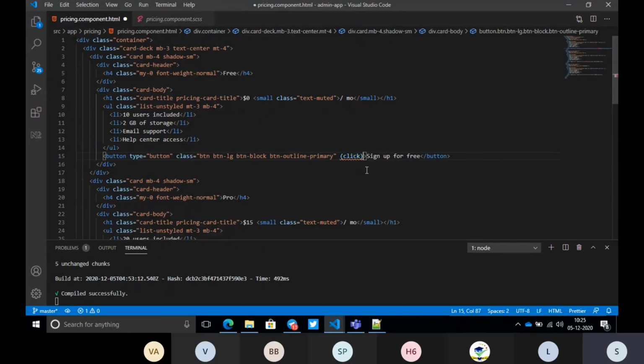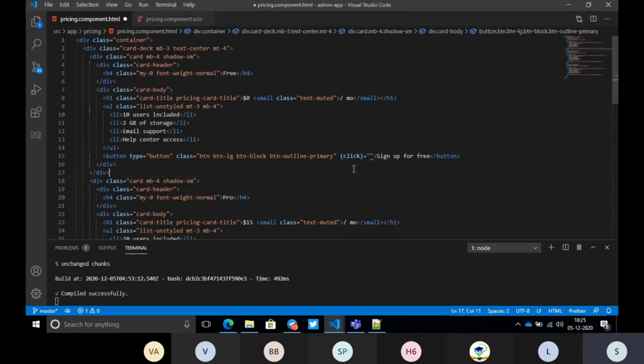The important point is that to handle events you need to give these round brackets, not the array brackets. It means we want to handle this event, and the method that should execute when it happens, you give on the right side.